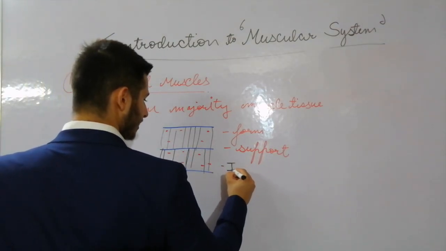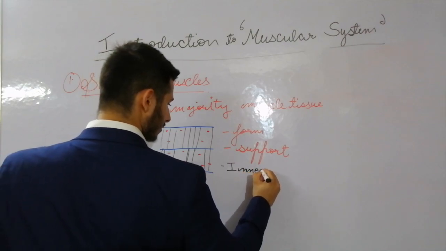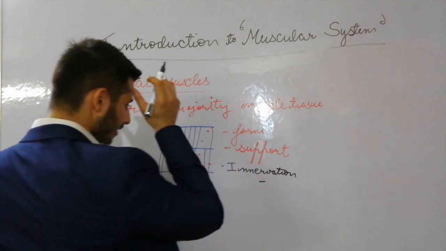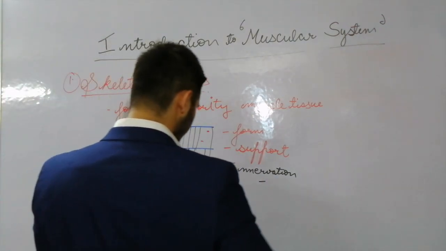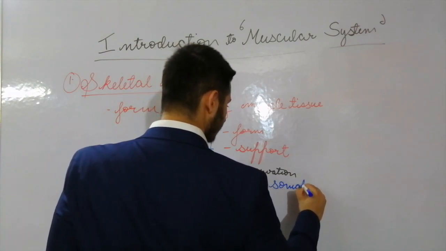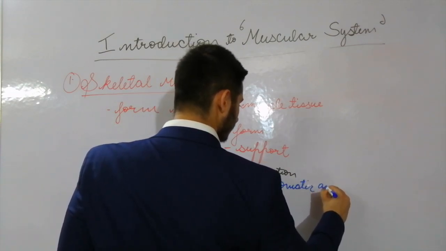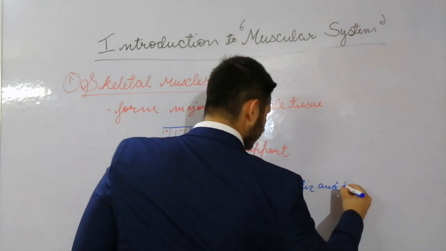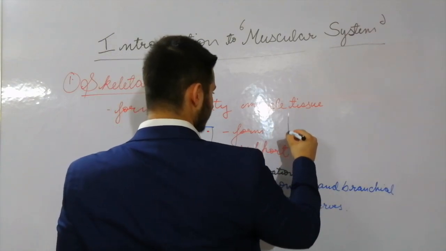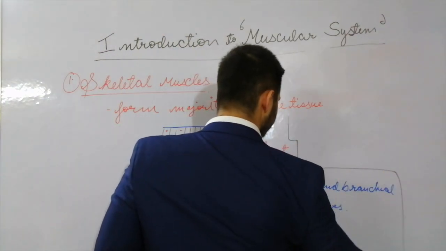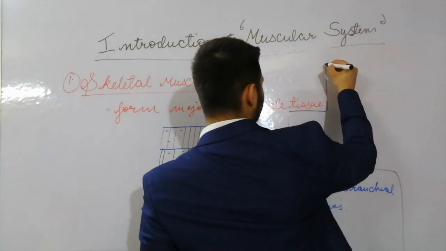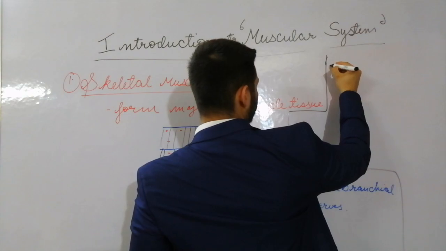They are innervated by somatic and branchial motor nerves. These individual skeletal muscles are named on the basis of their shape,